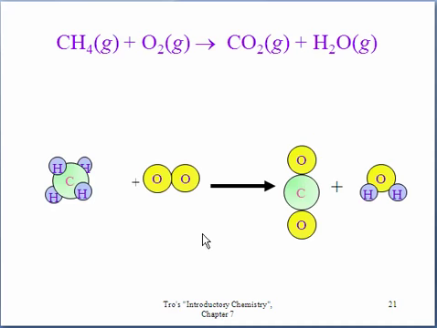So here's a pictorial representation. It's a little easier to see since it's color-coded. Here we have 2 oxygen atoms. Here we have 3 oxygen atoms. Here we have 4 hydrogen atoms. Here we only have 2. So it's clearly not balanced, and that violates, as I said, the law of conservation of mass. So we've got to get it so we have the same number of atoms of each element on both sides